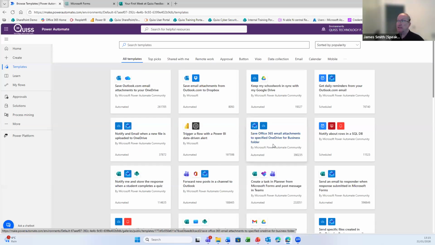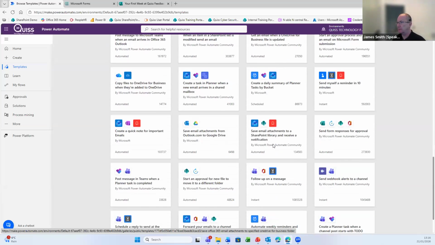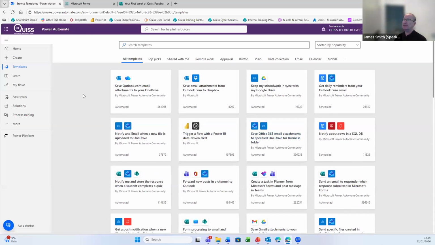I might want to save Office 365 email attachments to a specified OneDrive for Business folder. As you can see, there are probably a couple of hundred different templates in here. So what I would say is, if you're just getting started, try out some of these templates, and once you've created it, you can then go back and look through the steps and start editing it. It gives you a nice starting point rather than jumping into a new blank flow and having to work out